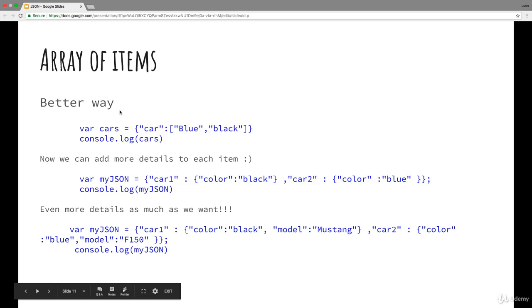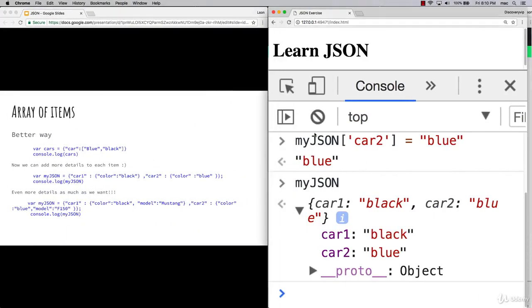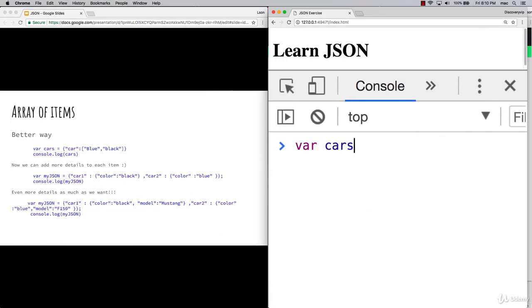There's also arrays. So we saw that we had created an array, an object array, so we had car, and we had blue and black, and now if we log out cars, you can see what it's going to look like. So let's clear our console, and we're going to create a brand new variable, call it cars. And you can do this as well within your browser to try that out. So we've got a car, and we have one blue and one black. And we're going to use an array because we have two values here that we want to store in the array. Because they're both cars,